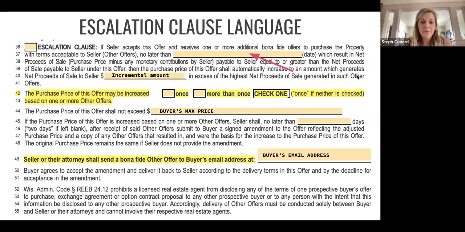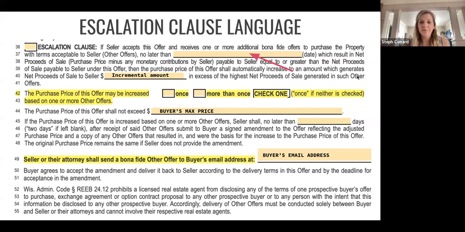So we really like the inclusion of this language. It states right in there that the seller has to provide that other offer. It also states that the seller must provide that other signed amendment showing the price increase. And it gives a time limit on it. The seller has to email over that evidence with the other offers, email over that amendment no later than 2 days. We also like this because it states who is initiating this amendment, and it is the seller